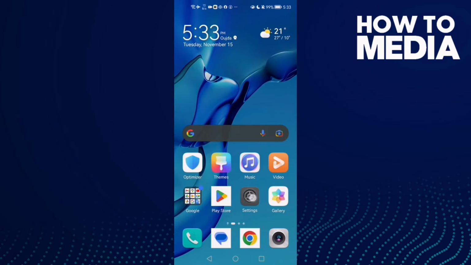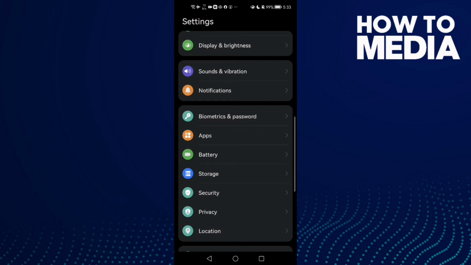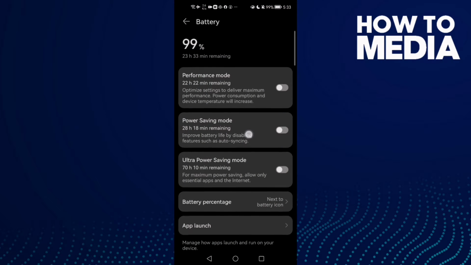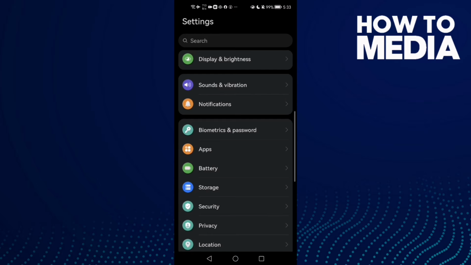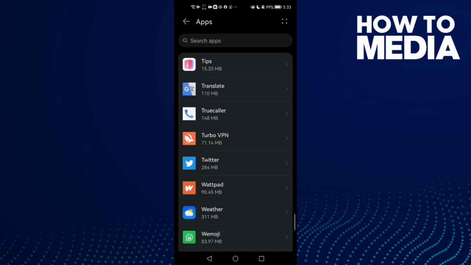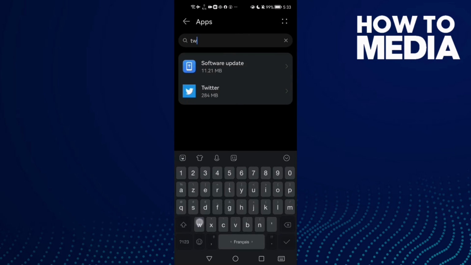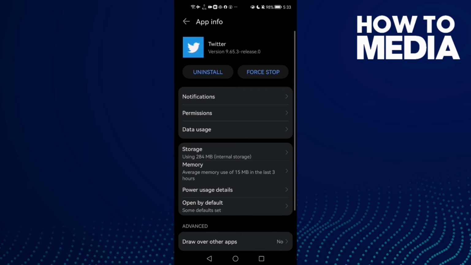First open settings and then click battery and disable power saving mode. Maybe you'll find it like that. Just disable it and then click here apps, and now click apps again, and here just type Twitter, and here